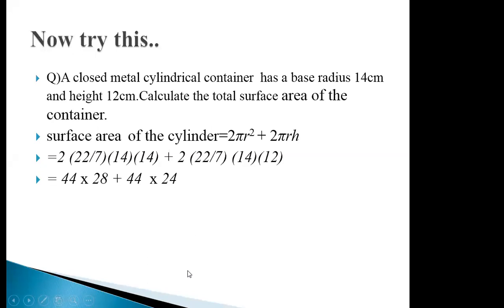All right, so the final answer, 1232 plus 1056. How many of you got this answer? Excellent, Khizar, Ayan, Ilsa, Isa, check your answer, beta. Asad, good. Okay, the surface area is 2288 square centimeter. Very good. Mehdi, Mariam Iqbal, Ibad. Okay, good, good. Mustafa, excellent. Minhal, good. All right.